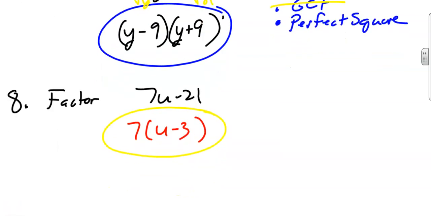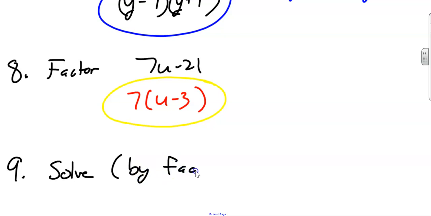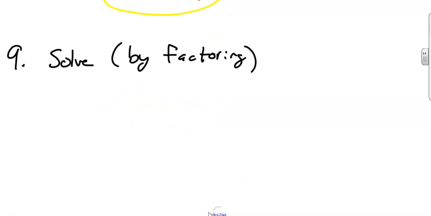All right, number 9. It says to solve. Now, any of the ones that we're going to solve on this, basically, that's going to be solved by factoring. So solve by factoring. Here's what we're going to do. With number 9, it's 2x squared minus 3